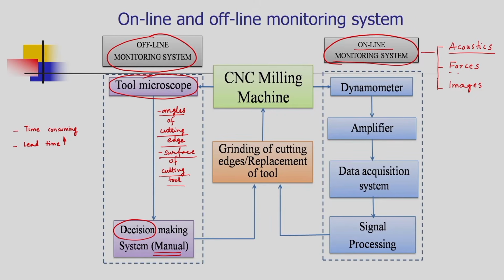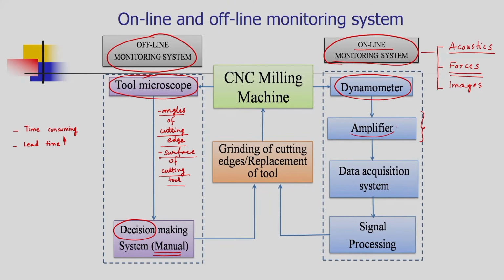The second way is by monitoring the cutting forces. When the tool edges are blunt, the required cutting forces are more. So, if we can monitor the cutting forces by using equipment such as dynamometers, then by getting the data from the dynamometer, we can easily decide to either change the cutting tool or to grind the cutting edges. So, the input from dynamometers needs to be conditioned; the signals from dynamometers need to be conditioned.